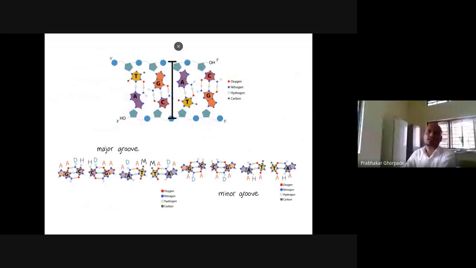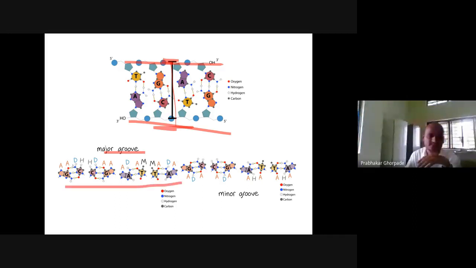So how does DNA polymerase know that correct base pairing is there? It monitors this distance, right? So this strand is there, this strand is there, and it checks whether this distance is correct or not. It takes this sliding action, so it knows whether this distance is correct or it is short or more. So if AT is there, this length will remain the same. If GC is there, it will remain the same. Otherwise, it may get disturbed. Okay. So the major groove contains this conformation, acceptor, donor, likewise a methylation pattern, and the minor groove conformation is like this. It should get maintained.